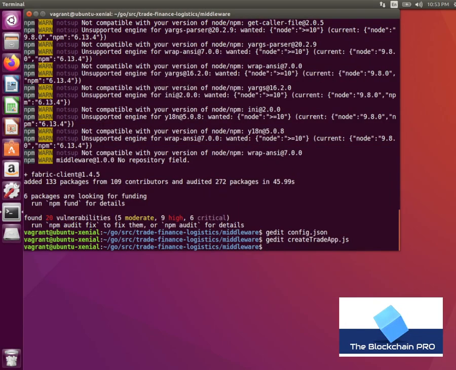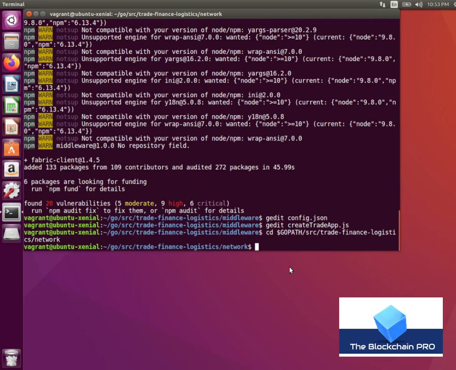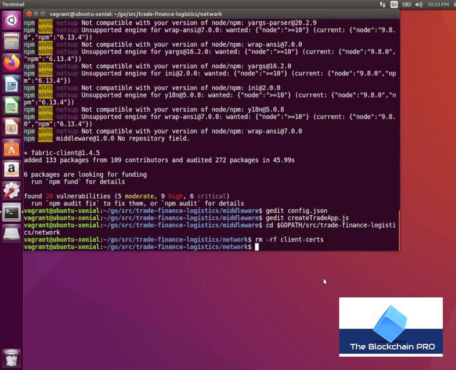Now let's go back to the network folder where we launch the trade script. And depending on your VM, you may or may not have instantiated the trade network. So we want to make sure we remove any previous cryptographic material. So we do that with this command. We're also going to make sure that your network is down,